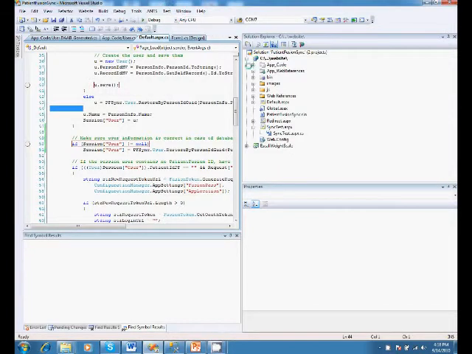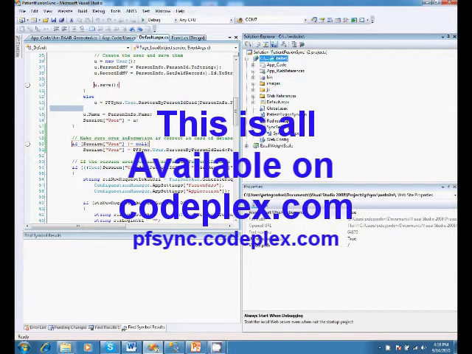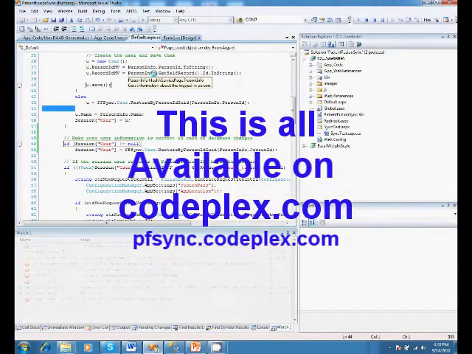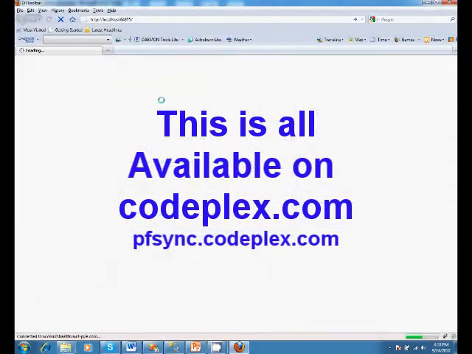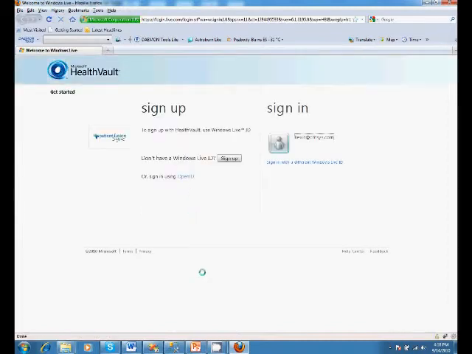Okay, we're back in Visual Studio. This time, instead of looking at the Ascali weight scale project within Visual Studio, we'll focus on the website that's in Visual Studio. This is the PatientFusionSync website. It is a HealthVault application running on a local machine that integrates with HealthVault and integrates with Patient Fusion. First, we'll log in to